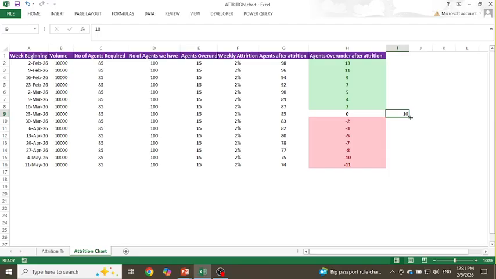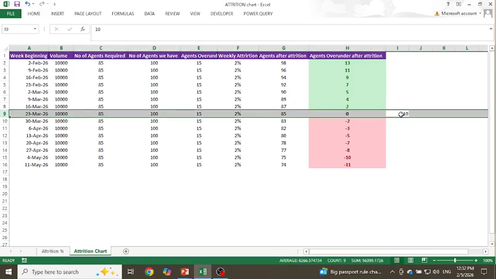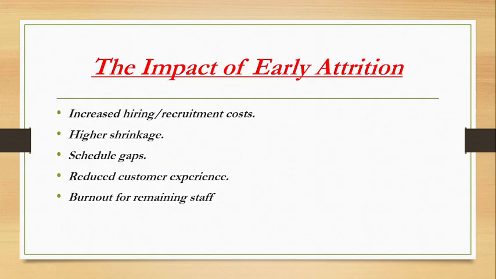So in this way, whenever we make a capacity planner, we use attrition to know when we are going to be short staffed. On that day, we plan a hiring batch. We calculate the hiring requirement and give it to the TA team, the hiring team. On 23rd March, we try to get the 10 people hired and onboarded, so that we have buffer agents in our hands. So this was the calculation. Now back to our PPT.